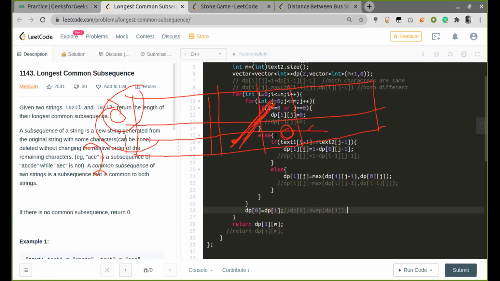Okay. And for the next iteration, it's going up. Yeah, and if both the characters are the same, then I just need to add